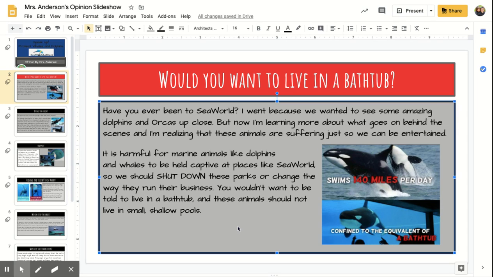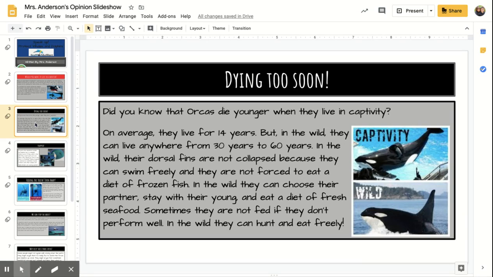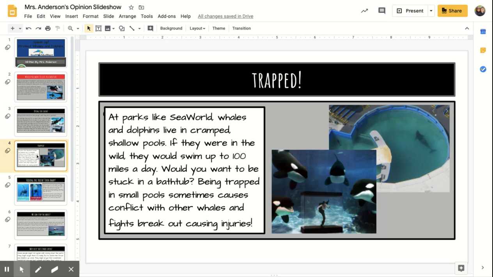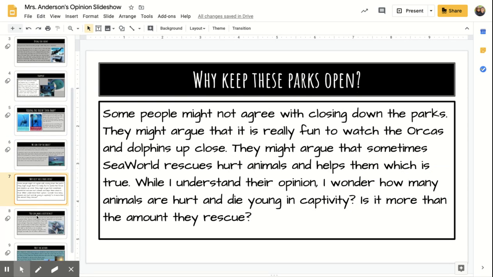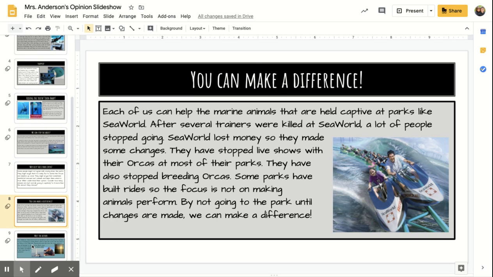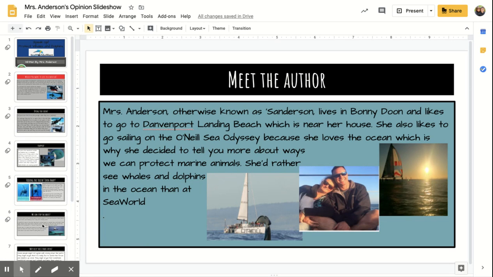And it adds to the quality of your slideshow. Again, I changed the color in the boxes. I added pictures. As you go through here, you'll see that I changed up the color. And then another thing that I did that you'll notice today, when you take a look at the link, I am sending you the link to my slideshow. When you watch my slideshow and you press play and it runs through, you're going to notice that I animated